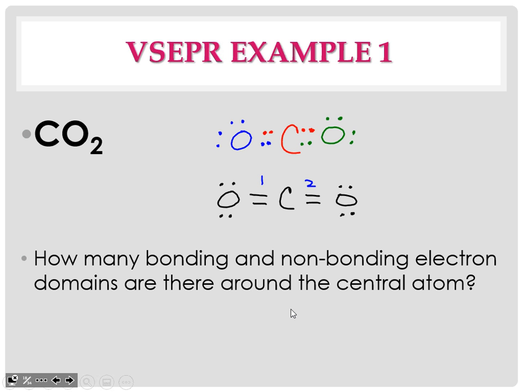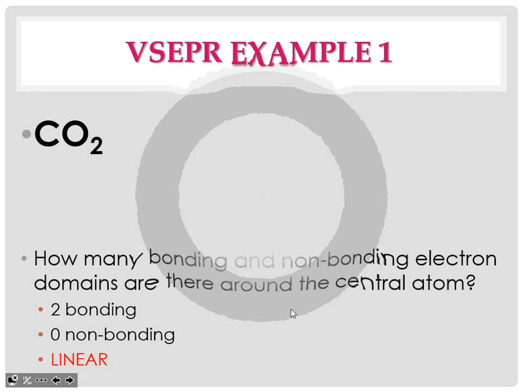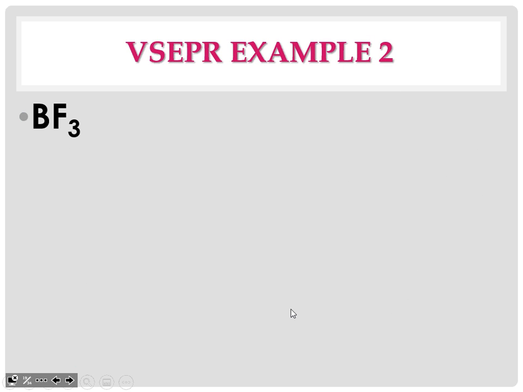So what is 0 and 2 on your chart? What does 0 and 2 tell you, Carly? Linear. So when I look at this, 0 non-bonding, 2 bonding gives me linear. Okay, wasn't too tough, was it? Probably the toughest part was drawing the Lewis dot structure. Example number 2,